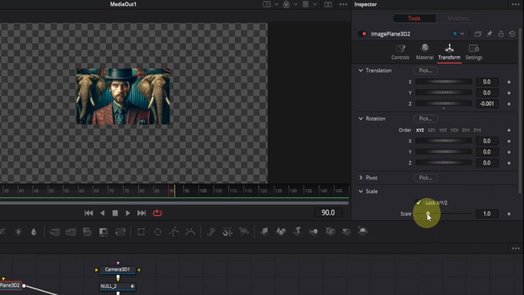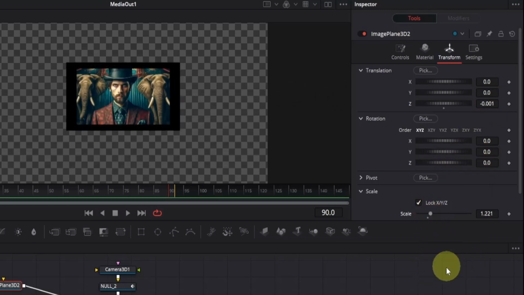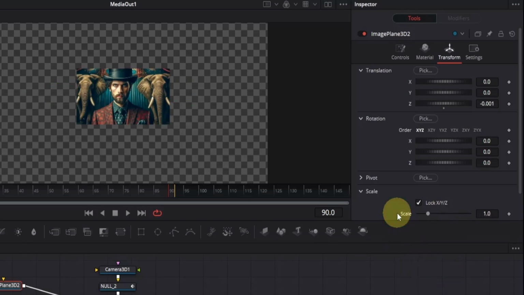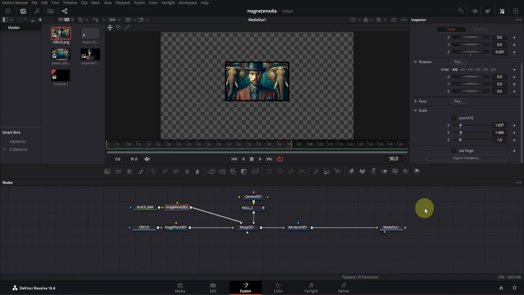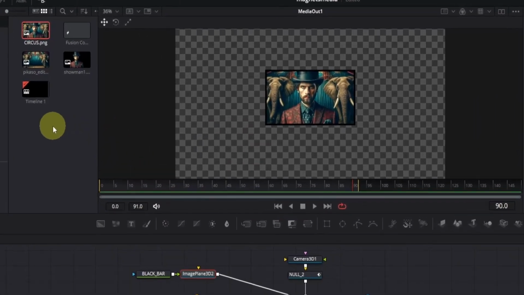Now increase the scale to see the bars. If you change it like this, you'll see your sidebars are bigger than the top and bottom bars, so reset that, then uncheck XYZ box. Now increase the X value a little bit, we don't need it too much, then increase the Y accordingly. Now it's looking good. Go to the media pool, click once to cancel any selection, then press Ctrl+I and import